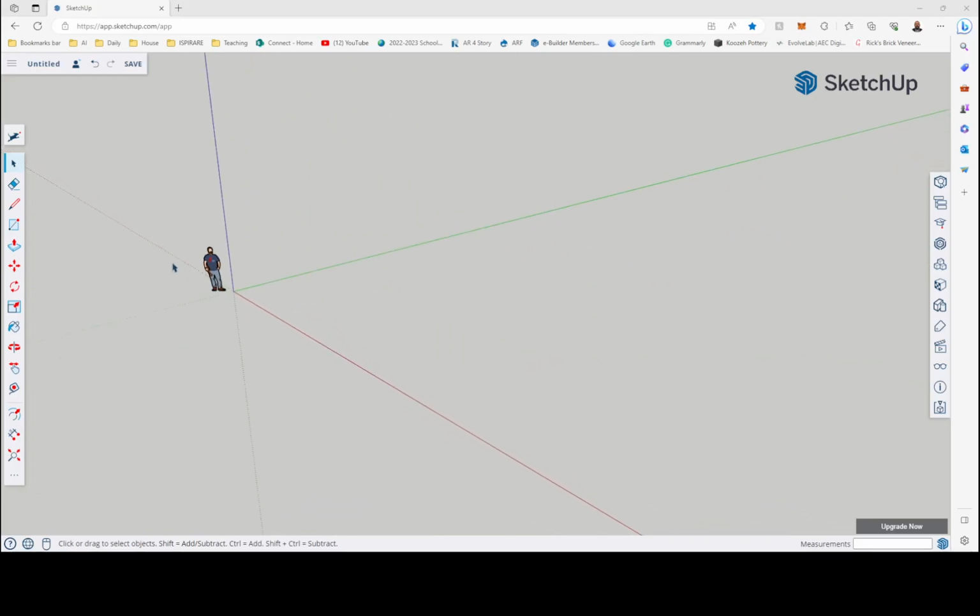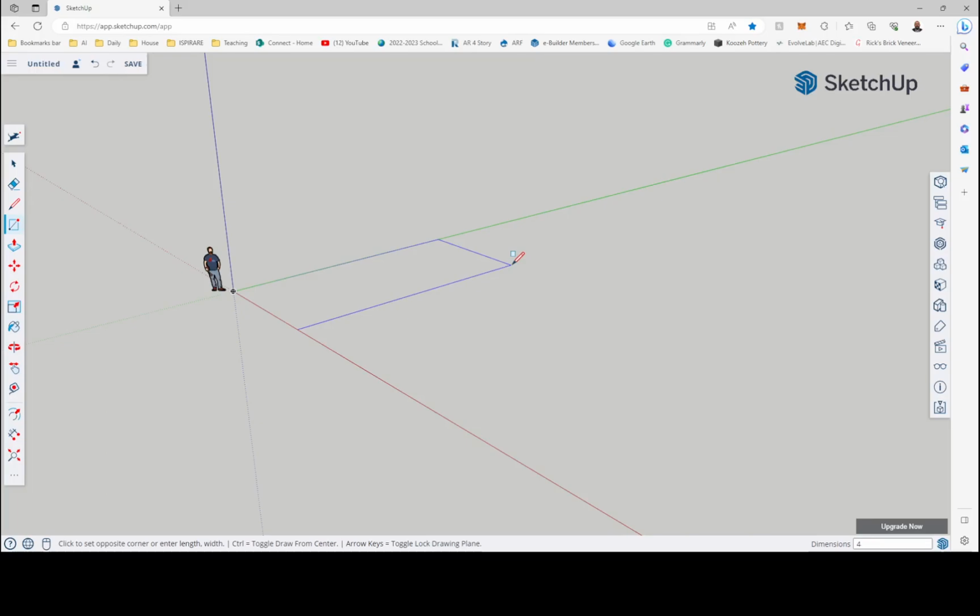So I'm going to zoom out a little bit, and the parameters for their assignment is to create a stereotomic mass that is at scale 48 feet by 48 feet by 144 feet. So I'm going to start by drawing the 48 foot by 144 foot dimension. I've clicked once and I'm dragging out, and in the dimension box in the lower right-hand corner, I'm going to type in the values,